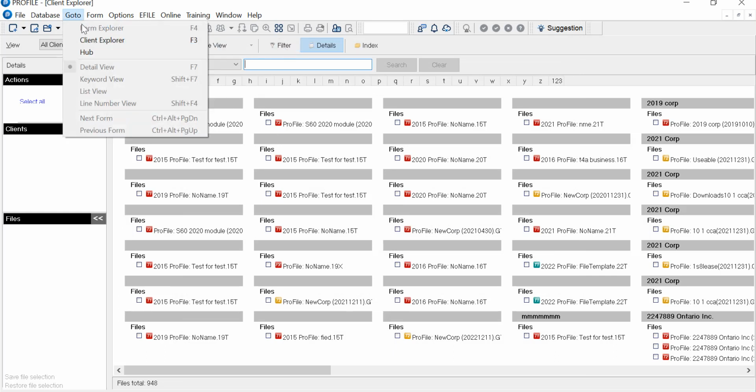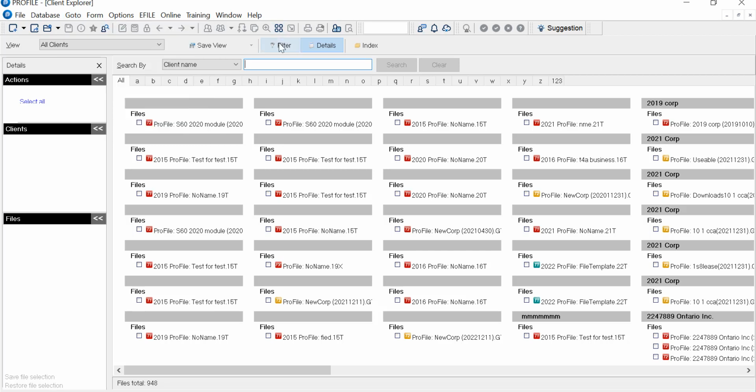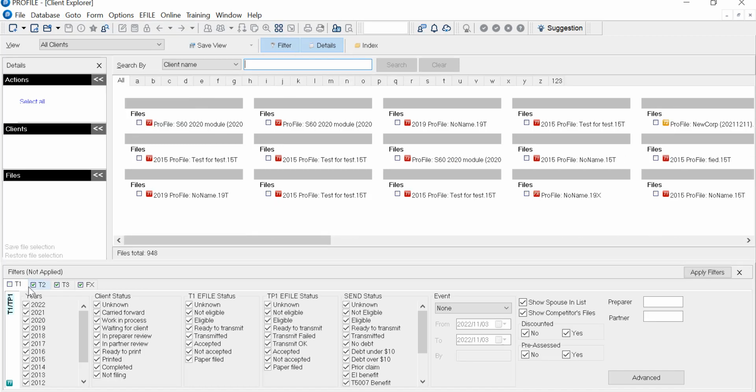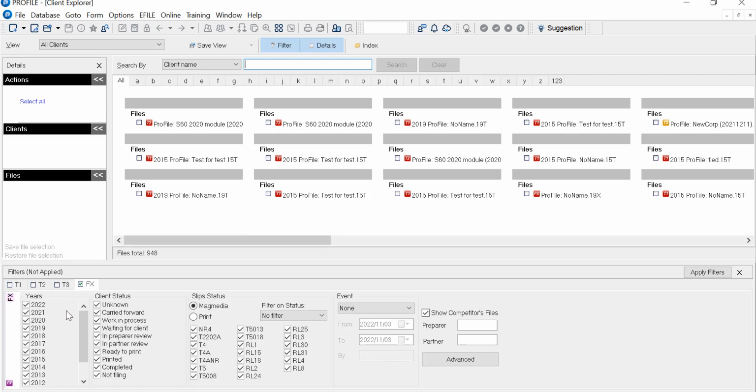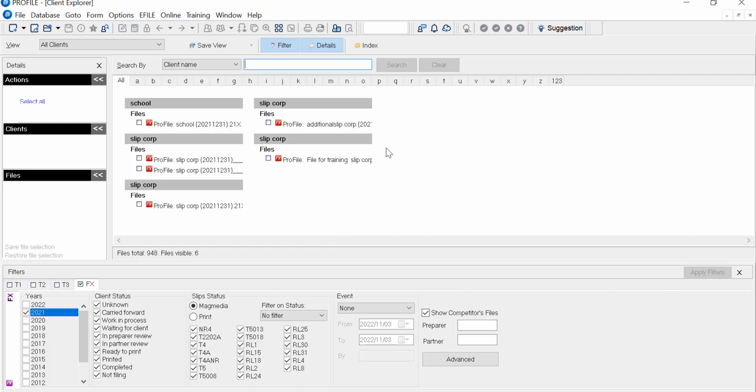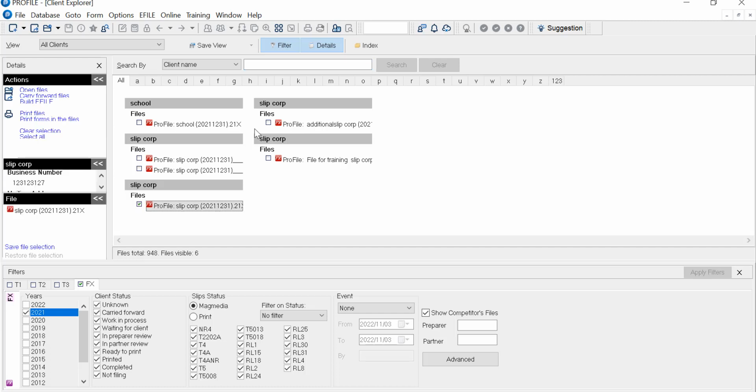I just went to Client Explorer, and now I can filter. I want to uncheck, down at the bottom left here, everything except FX, and then I can right click, clear, and I'm just going to get 2021, just as an example here. Okay, what I'm going to do is show what happens for a couple of returns. So I've got a couple of slips here, and I want to batch file the slips from these two FX